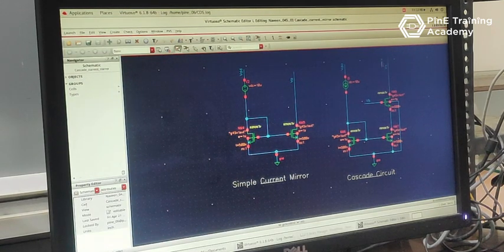This node voltage may be different and change anywhere. If a voltage changes, then this node voltage will change. If this node voltage changes, then VDS will change. If VDS changes, then I drive current and I reference current may be different. So in this circuit, the cascode will provide a more accurate current. It means if there is any change in VA voltage, it will minimize the voltage change at these points. So the cascode will provide extra shielding.